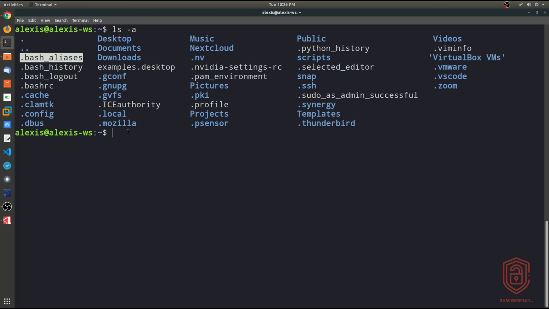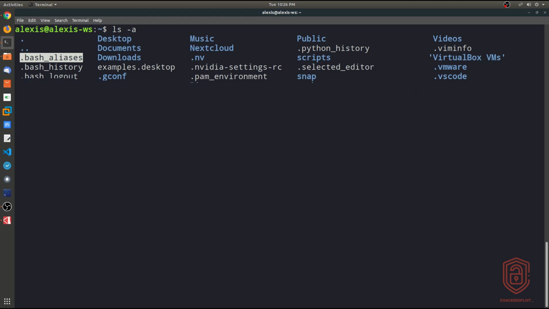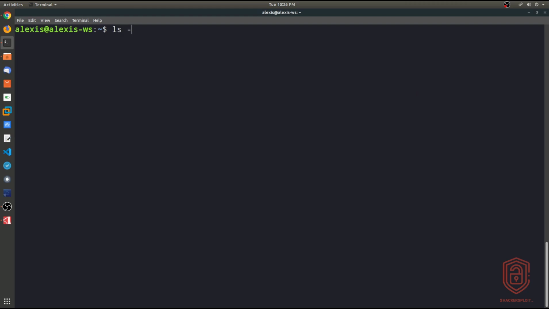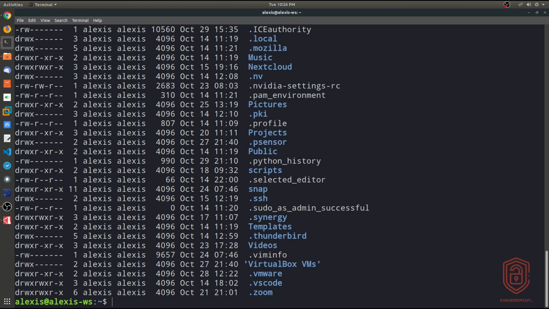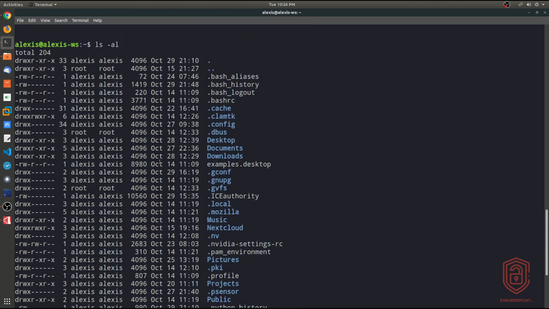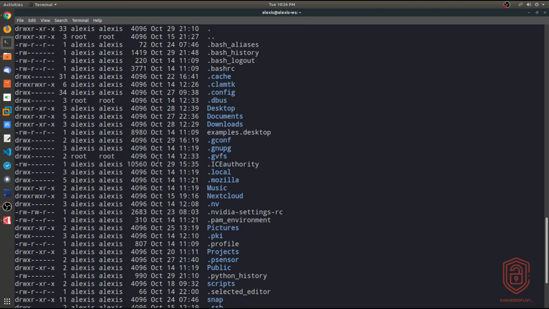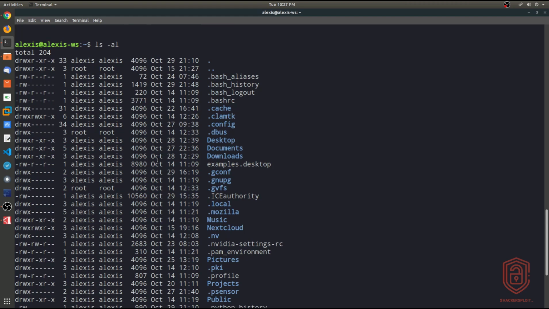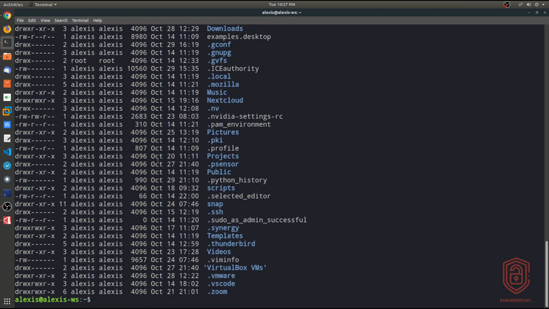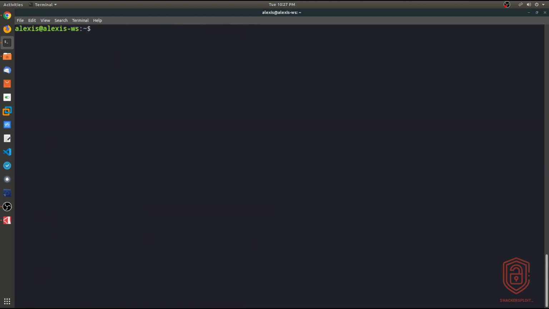So if I wanted to list this in a way that was much easier to read, I can say ls -al, and this will list all the files and directories, including the hidden files and directories, in the format of a list or a table. And I hit enter, and there you are. You can see it displays all the files and directories in the form of a list here, and again it gives you information in regards to the ownership and the permissions, more of which we'll touch upon later on in the course. All right, so I'm just going to clear the terminal here,